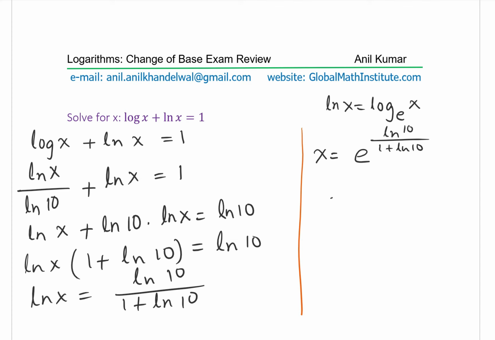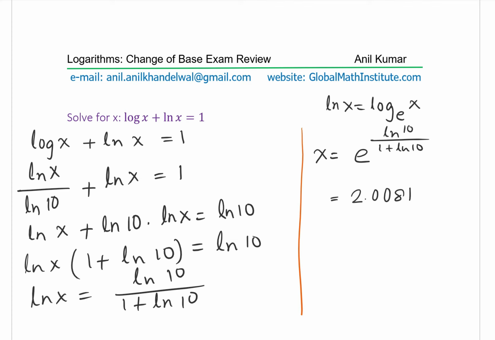Now, if you want to get the decimal value, we can always use the calculator to evaluate. So I'm using a calculator to find the value of e to the power of, so I'll put in brackets ln 10 over 1 plus ln 10, and the answer here is 2.0081,